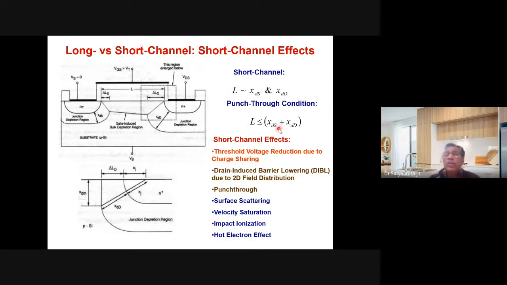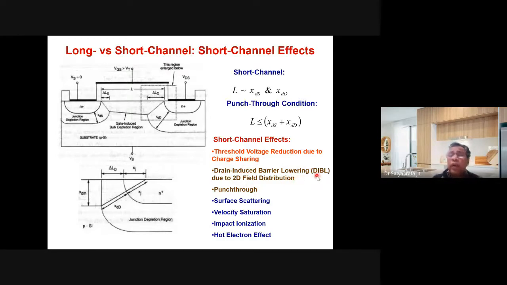So in the short channel device, what will happen? When L is less than or equal to this, several detrimental effects will be there. The threshold voltage reduction due to charge sharing takes place. Actually, the device should be off, but a large current is flowing, due to the very small threshold voltage. As we have considered, reduction in threshold voltage will increase the sub-threshold leakage current. Then